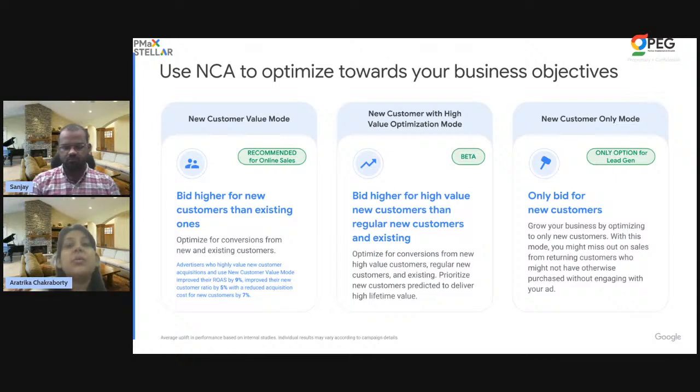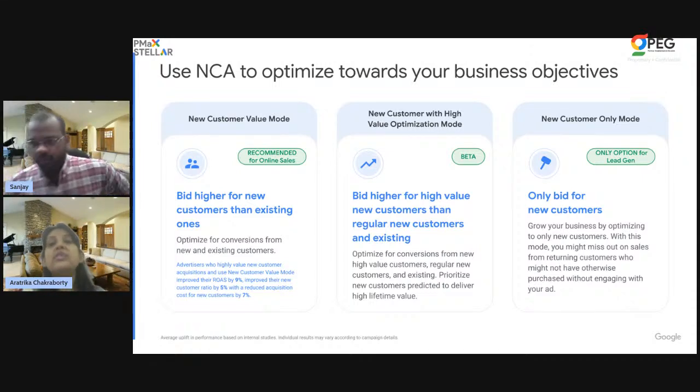Bidding higher for new customers than existing ones is a very, very powerful tool for advertisers who are focusing on online sales. Now, how is it beneficial? When you choose this bidding strategy, Google's AI at the back end works in a way